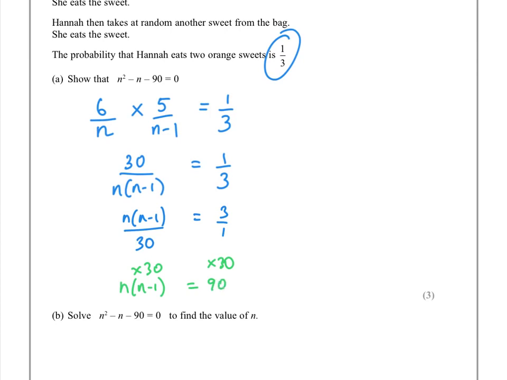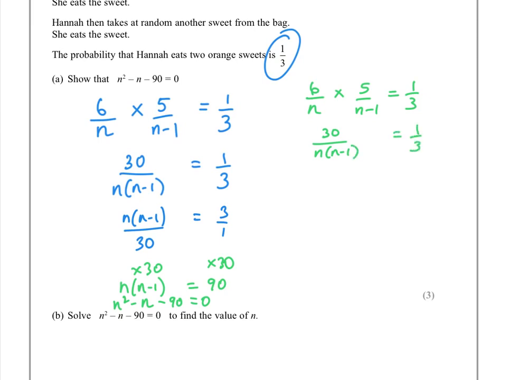And then you can multiply this out and have n squared minus n equal to 90, and then just take 90 from both sides, and you can end up with the answer. Another thing is, once you get to here, so that's your first orange sweet, this is a probability for your second orange sweet, you can just do the same thing,